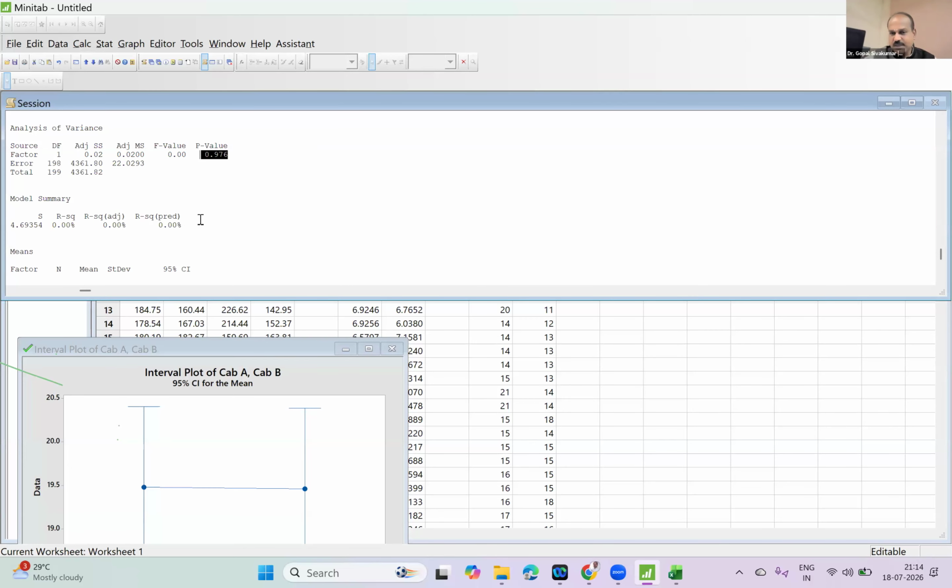You might be dealing with two suppliers, you might be dealing with two departments, you might be dealing with two factories, or you might be dealing with two of your team members. All of them are cases of ANOVA or cases of two sample t test. Are you with me on this?